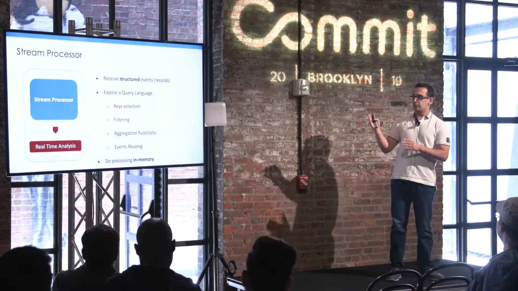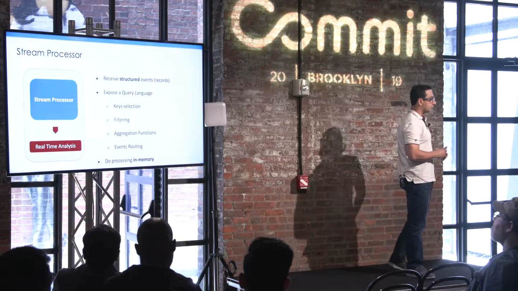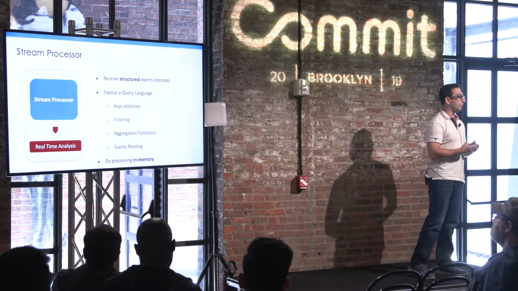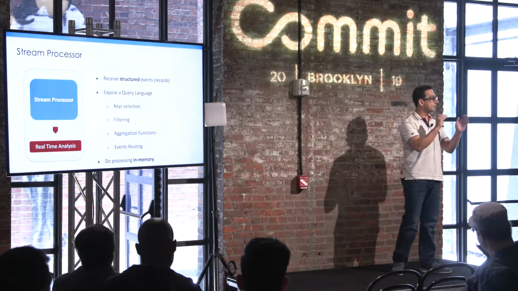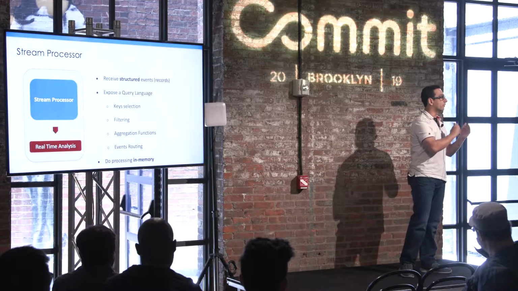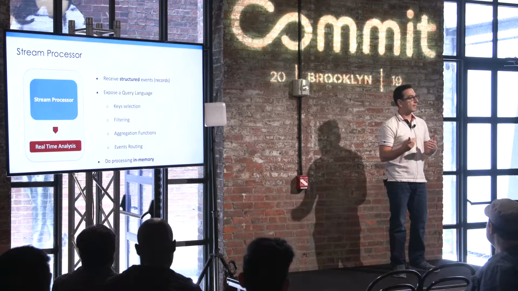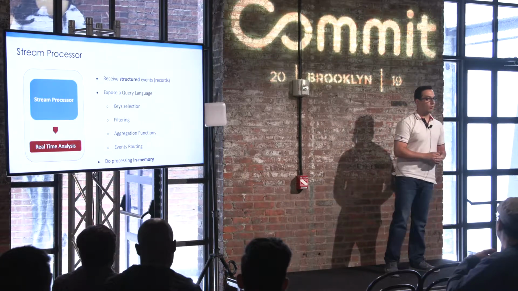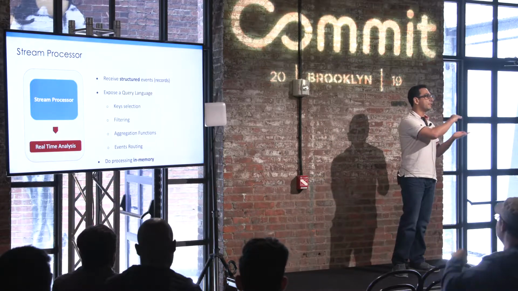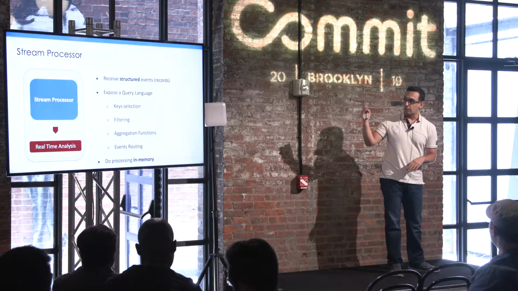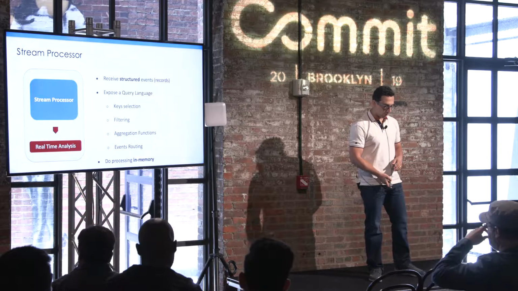But there are some specific things here. If you have a stream processor, you have to expose a query language, because if you're going to do stream processing, you need to say, please perform some calculation on this data for these specific keys that have this value. For example, over the data with a word equal to blue, or a number greater than 100. Or create a window of time and calculate how many records are matching this specific criteria. And for that, you need a query language for key selection, for filtering, aggregation, data routing, and so on.